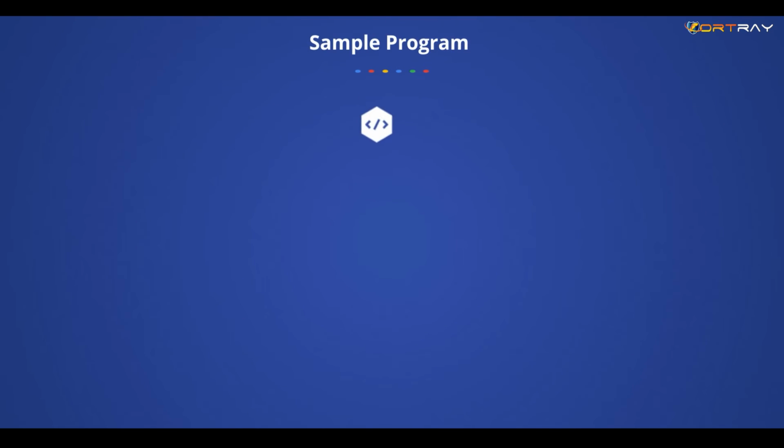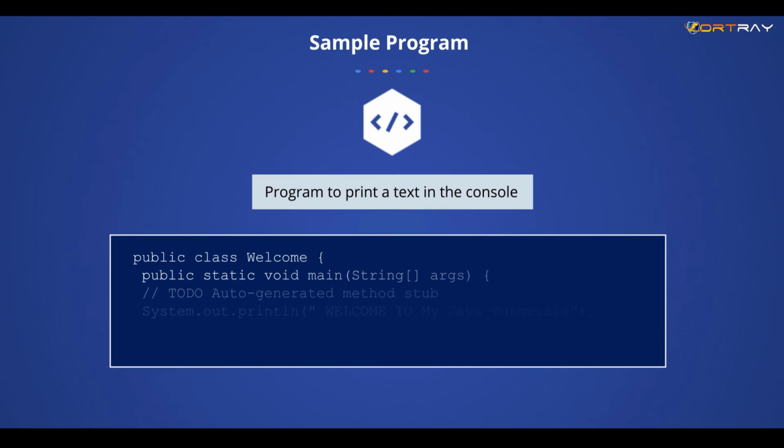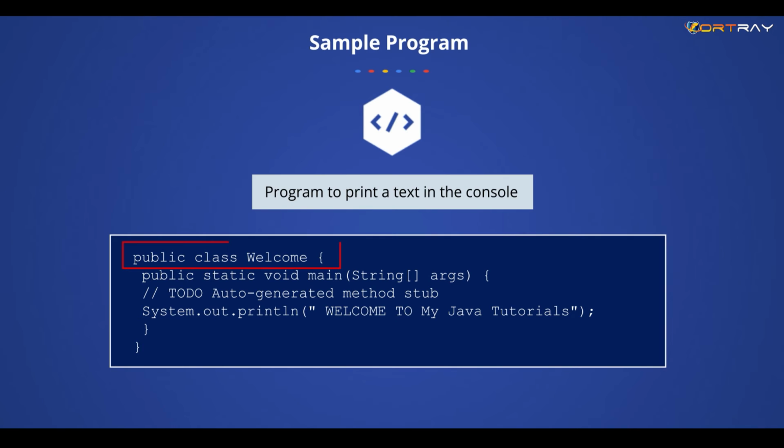Now this is the first program we can write, and most of the time the first program will be hello world. Here we started with welcome to my Java tutorial. This is how your basic Java program looks, and you can see every Java program will have a class like this. This is the welcome class we have created. In that it will have a method with the signature public static void main, and it will take a String array parameter called args. This is the default signature you have to use for any main method which you write in Java.